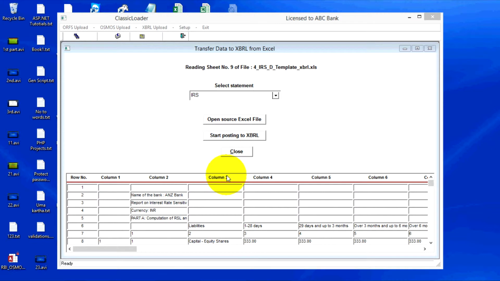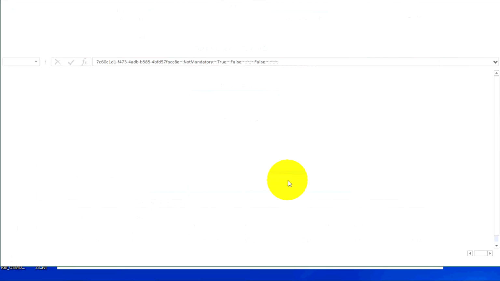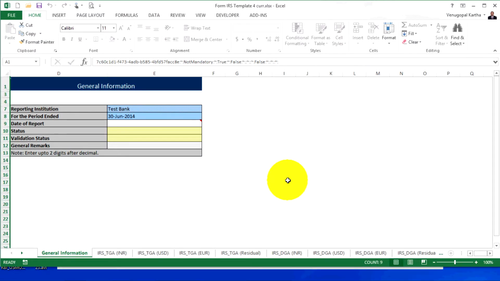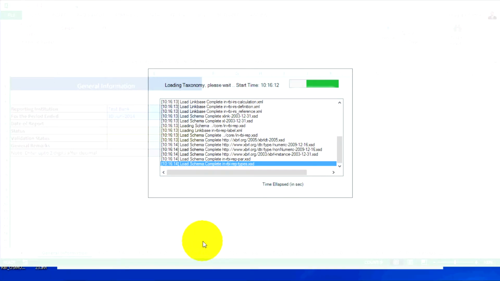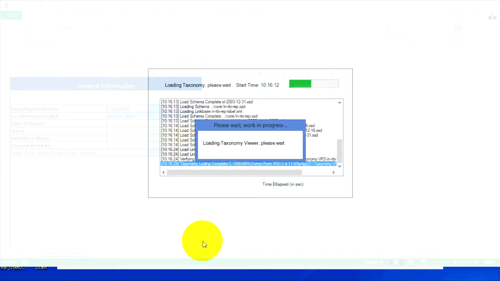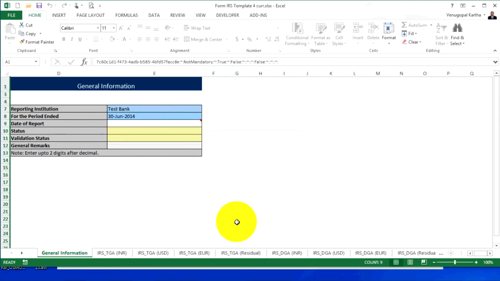That file is opening. File is opening. You come to loading taxonomy. Please wait. The file is open.